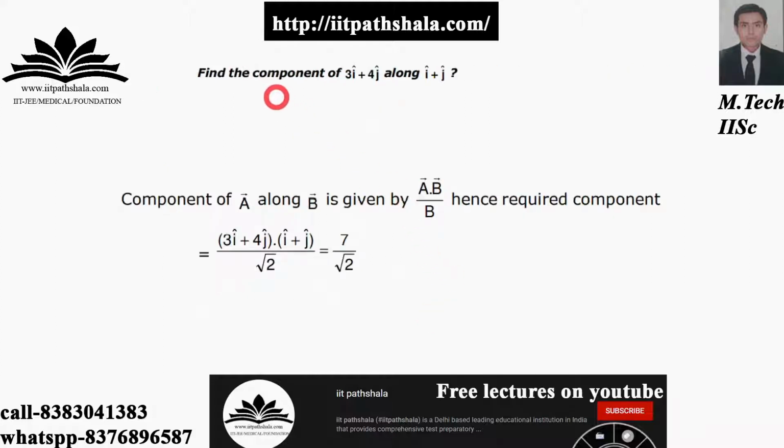You have to find the component of 3 i cap + 4 j cap along this vector over here. So from the notes itself, you can say that if I want to find the component of vector a on the vector b, I can simply put a dot b upon b itself, or a vector dot b cap from the previous knowledge, where b cap is the unit vector. You can do it by yourself. Just calculate and you'll have the following values.